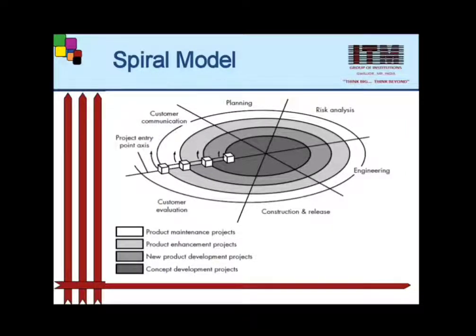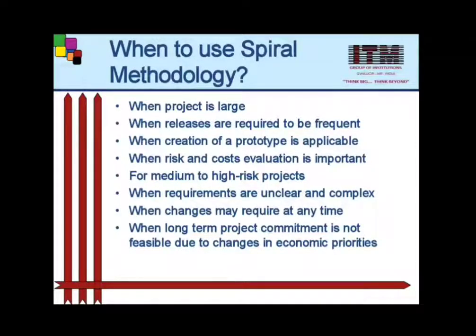So these types of risk are always analyzed in the modeling of this particular spiral model, and we have to always find out the solution and apply these analysis procedures from time to time so that we can easily identify all the risks involved in the project. And risk minimization is a very important project management activity here. Okay. Now the next phase is when to use a spiral model.